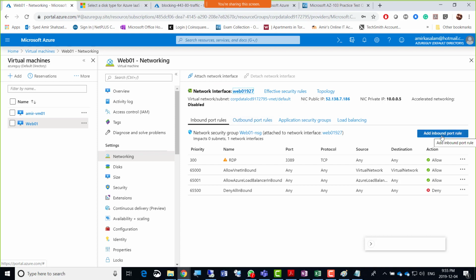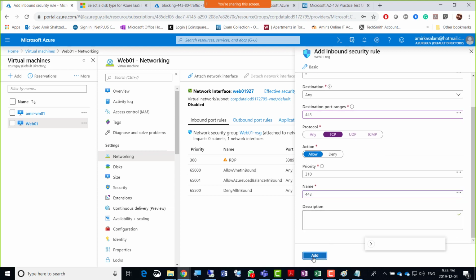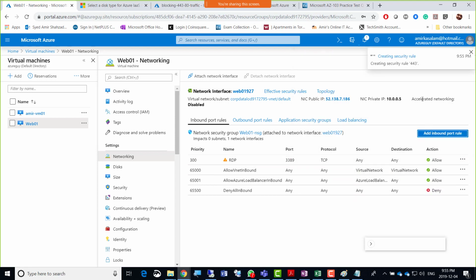So yes, I should have just gone this way instead of attaching that, right? So I'm going to click add inbound, and this is it. Allow, TCP and 443. Guys, because it is there, and since I was a bit fast, the NSG that you did, I'm just doing that again here.